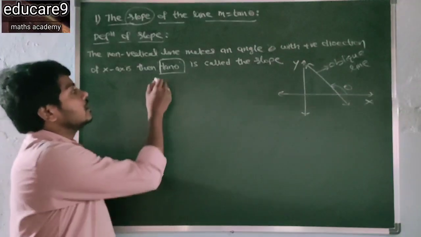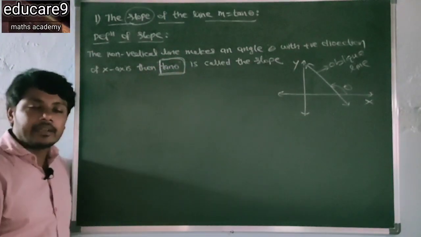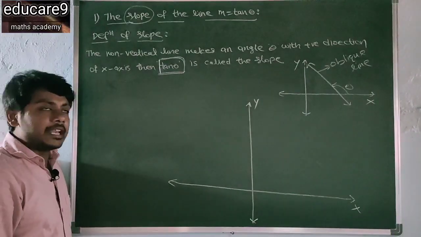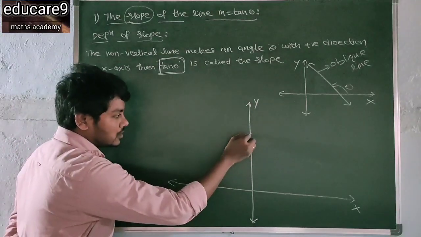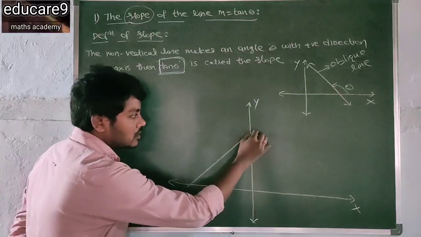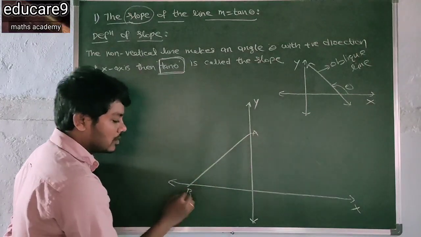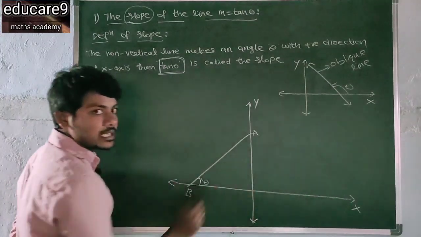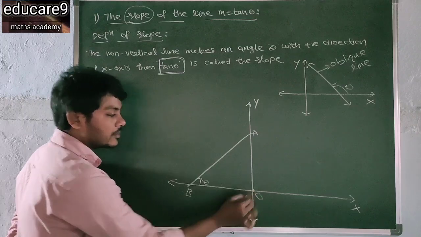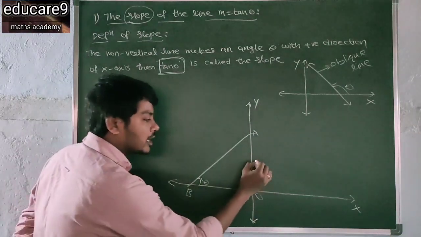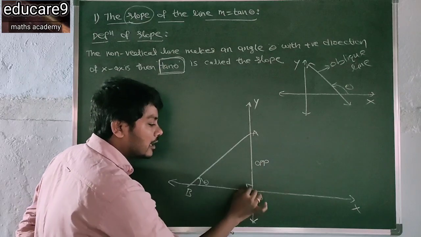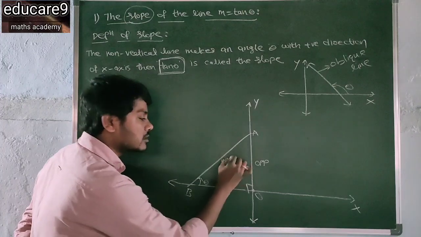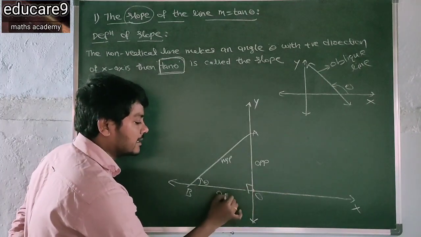Now here, slope m as tan theta. So why? So here consider the coordinate axis. Now consider any oblique line. So this is the oblique line. So clearly this is AB, and this line makes an angle theta with the positive direction of the x-axis. So this is the origin. And opposite to theta is what? Opposite side. And opposite to the right angle is the hypotenuse. So base is always the adjacent side.